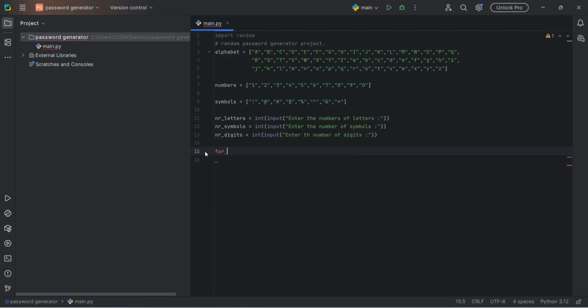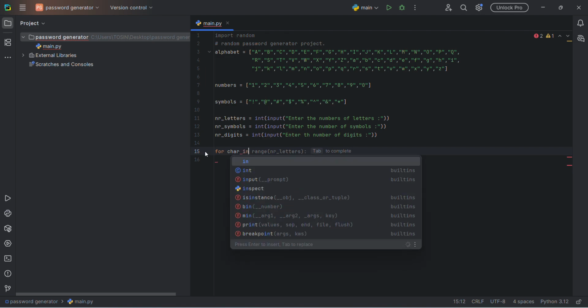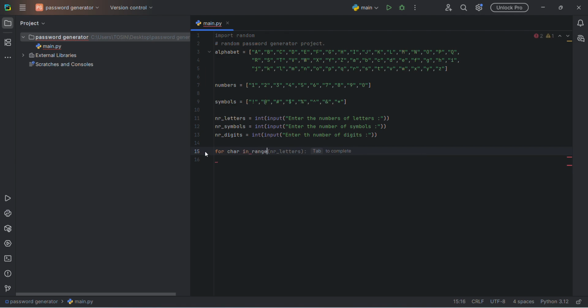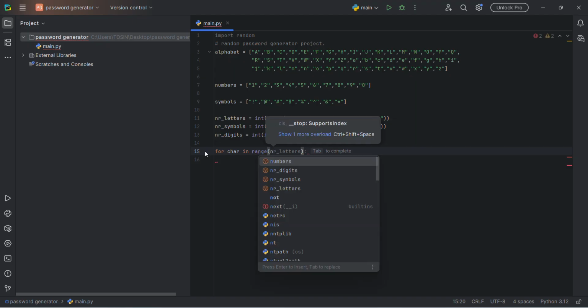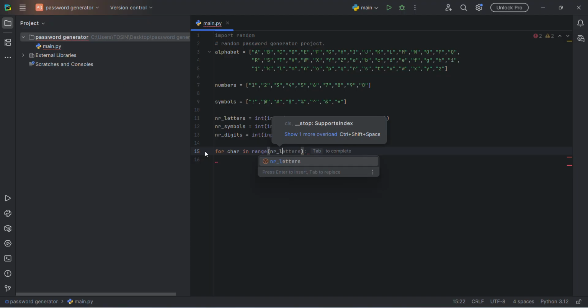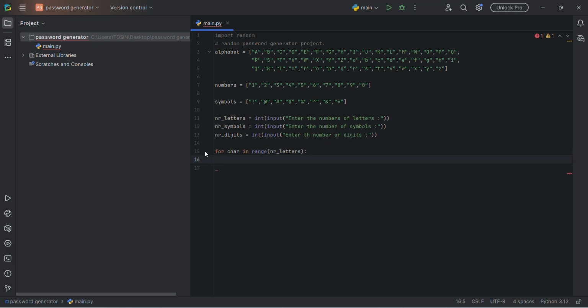So we can say for character in the range of that particular number we are getting from the user. For example, let's say the user enters 5, that it needs 5 letters in that password. So now in the range of 5, what we want to do is